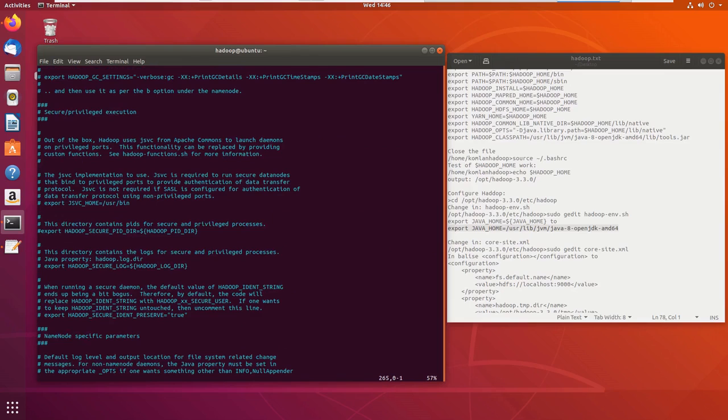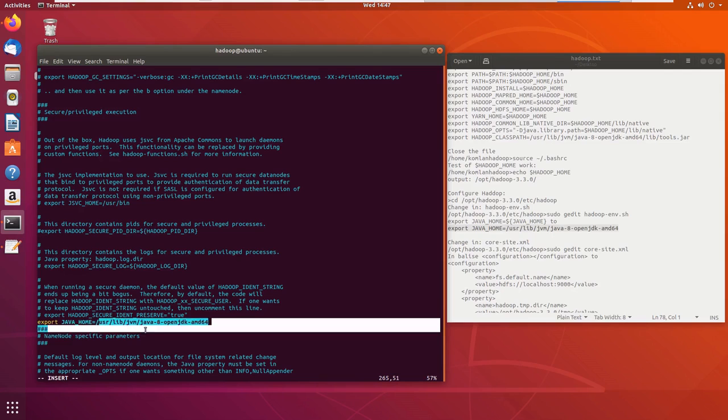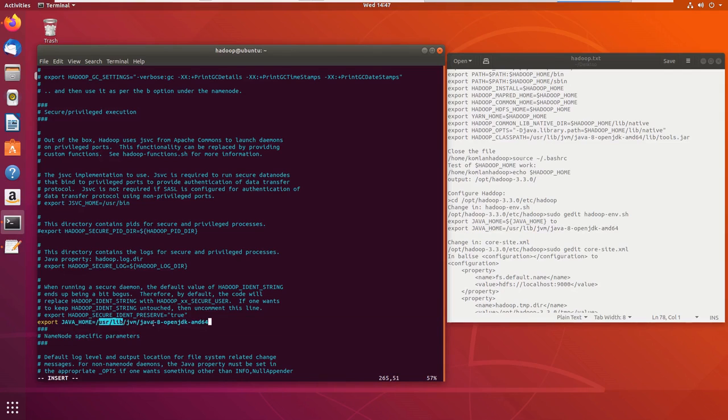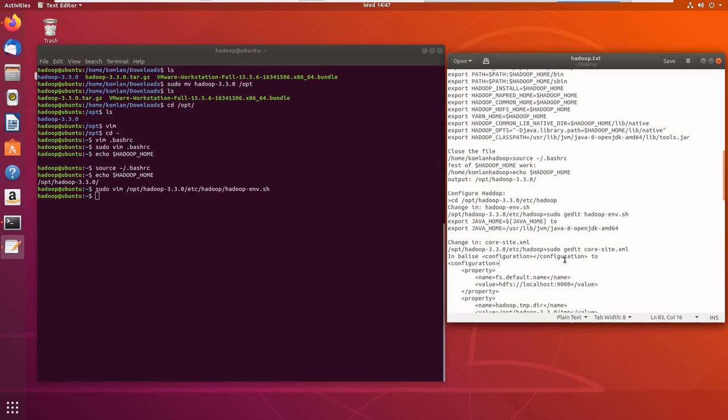I will export JAVA_HOME, which is /usr/lib/jvm/java-8. I will just export it. After, I will save the file. Okay, the next thing I will modify is